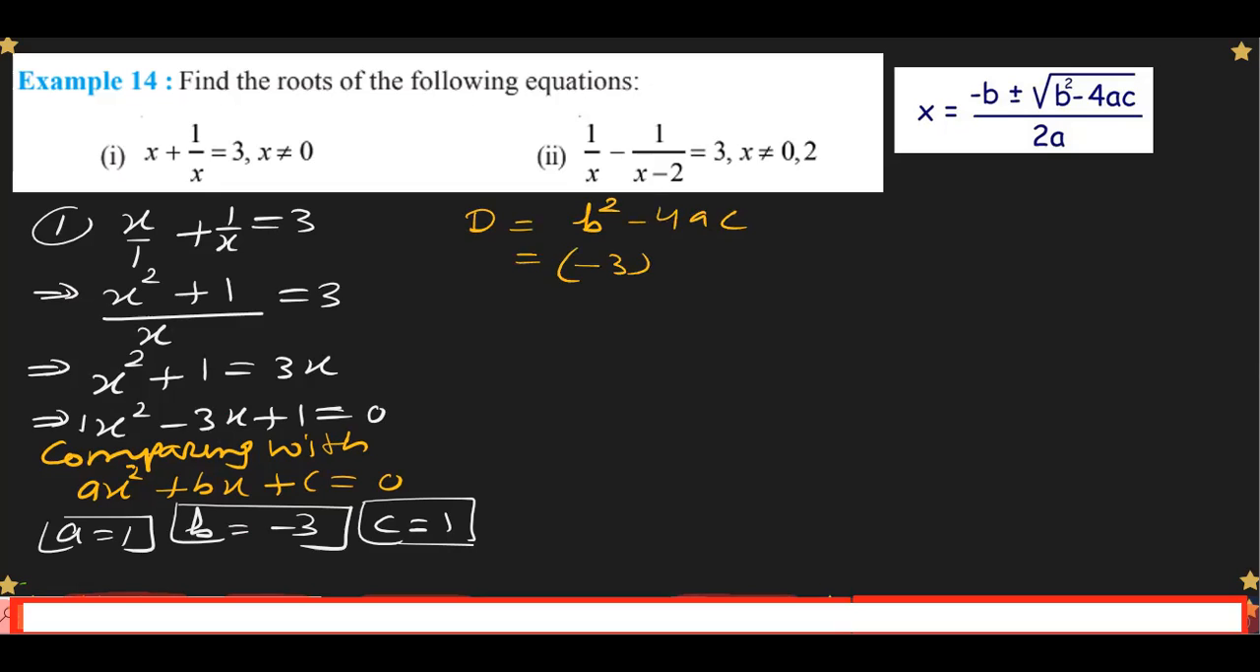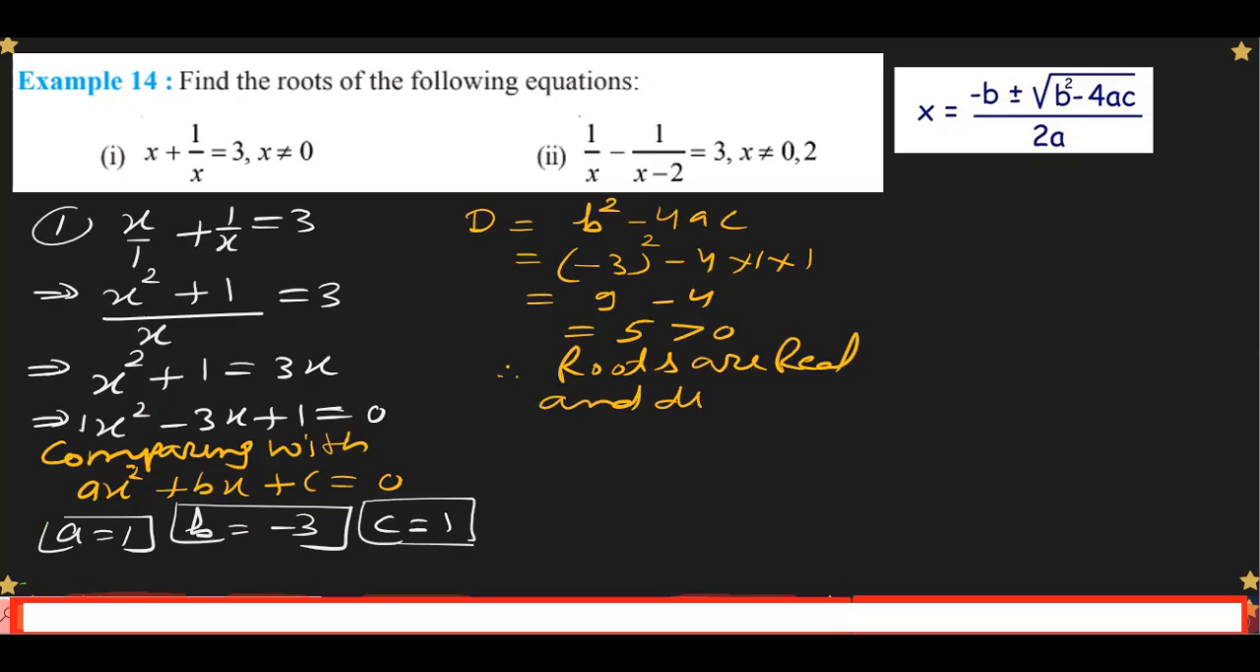Minus 3 whole square minus 4 into 1 into 1. You can write 9 minus 4, that is 5. This is greater than 0. Therefore, roots are real and distinct. अगर greater than 0 होता है discriminant, तो उसका जो root होता है real भी होता है और distinct, distinct